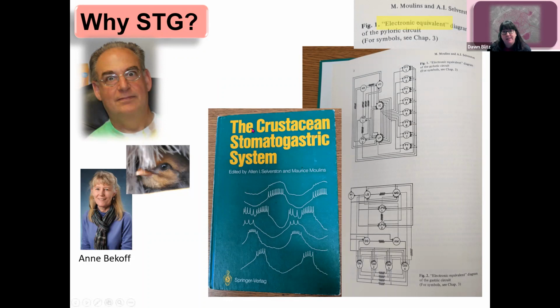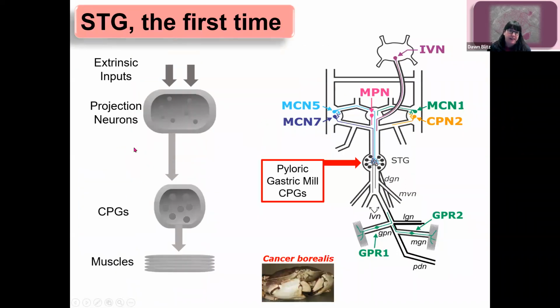In addition to this, I would say some of the things that have kept me or brought me back to STG are the fact that I really love trying to sort out how the changes in the cells and the synapses allow us to select different outputs from a circuit. But I really like doing this and asking these questions in the context of a rhythmic circuit. So of course, this crowd knows that the isolated stomatogastric nervous system gives us this amazing cellular access, the projection neurons, the circuits, the muscles, sensory inputs, all of this can be in the dish. And as I said, that's really one of the things that I most enjoy and appreciate about working in the stomatogastric nervous system. So work I'll tell you about today, with one minor exception, was all in Cancer borealis, that